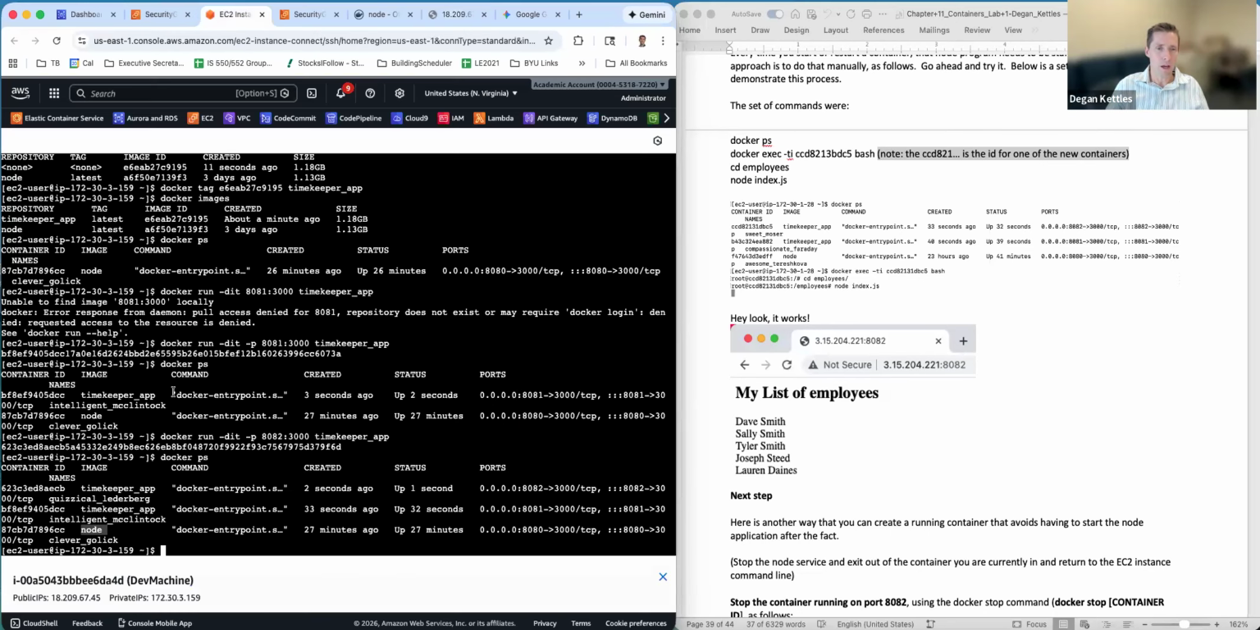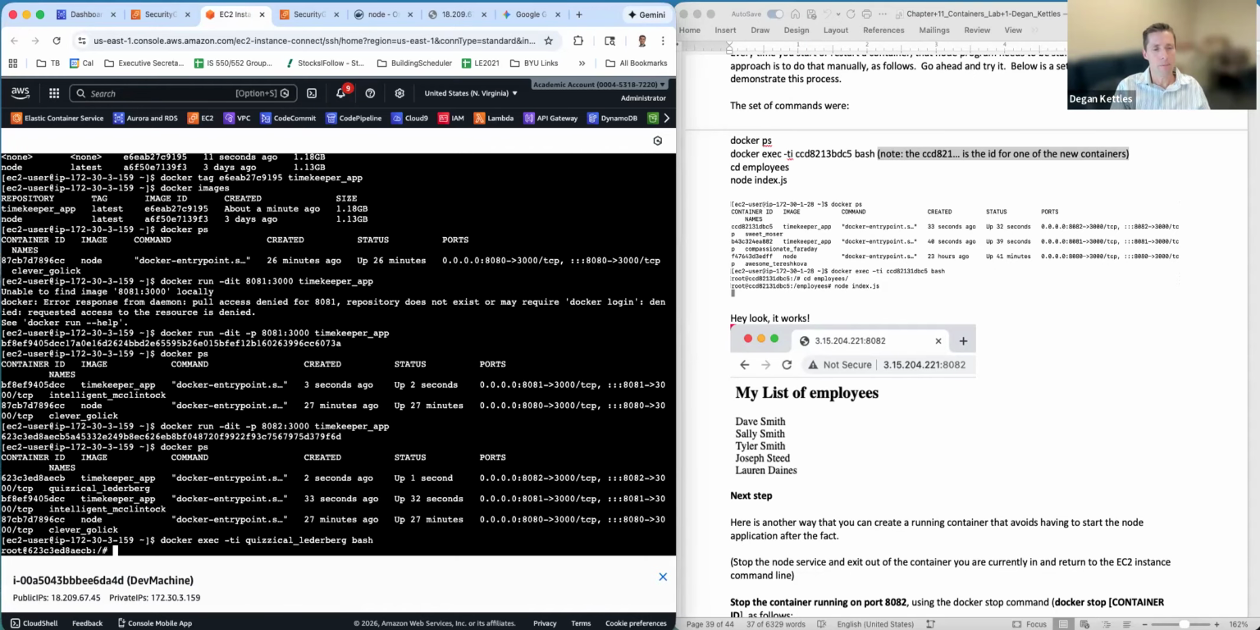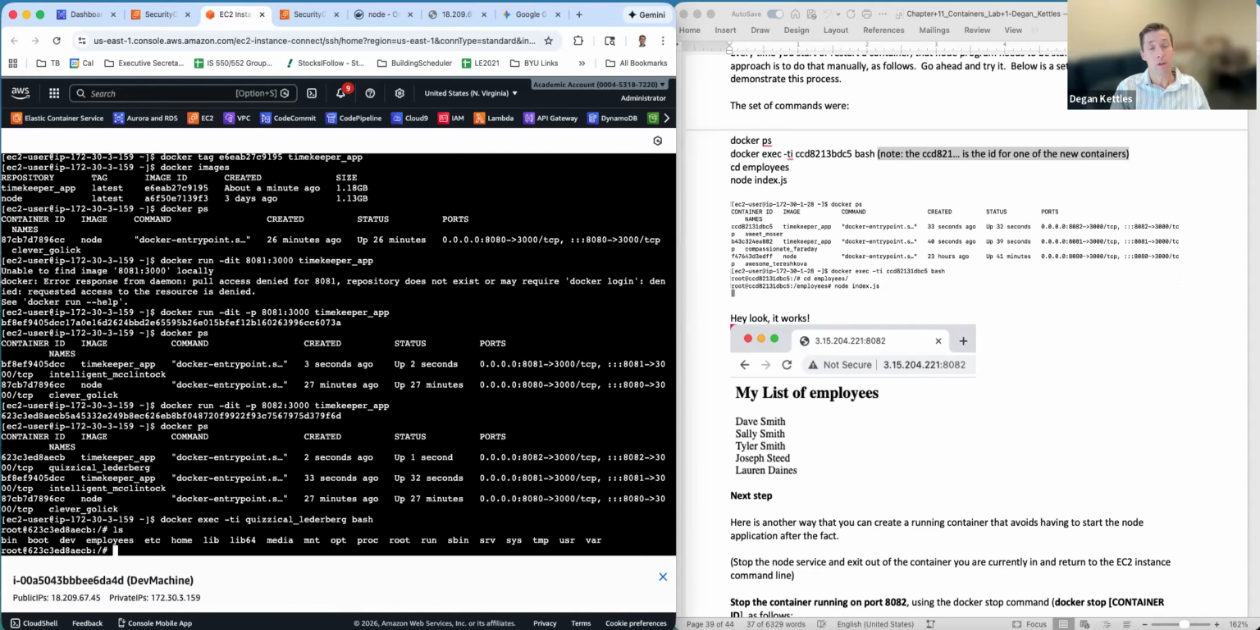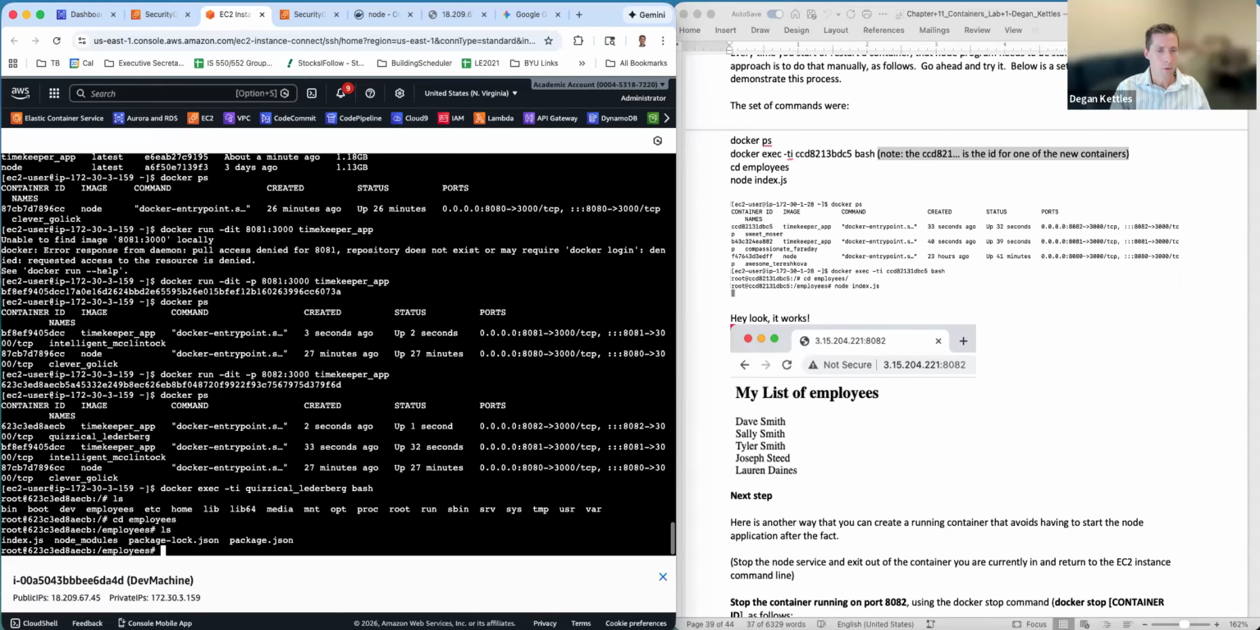And so I could fix that by, let's see, let's look for the 8082 one. I'll do Docker exec, terminal interactive. It's called, oh boy, it's a long name. So I'm going to connect to that thing and launch the program bash on there. And upon connecting, I look at what's there and there's an employees folder. So I go cd employees, I type ls, and then I do node